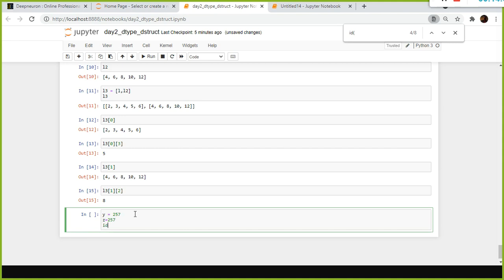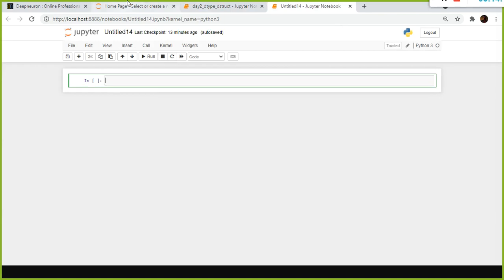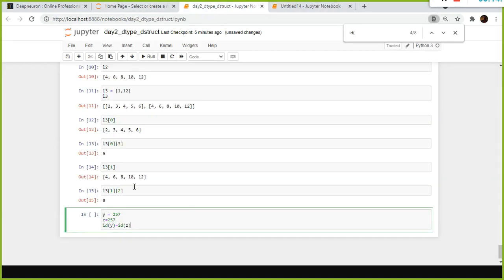ID of y and ID of z. Are these two the same? That is what we want to check now.